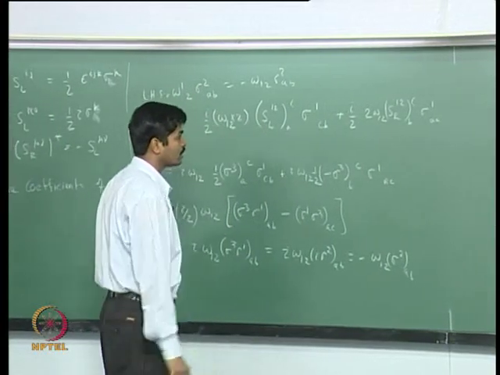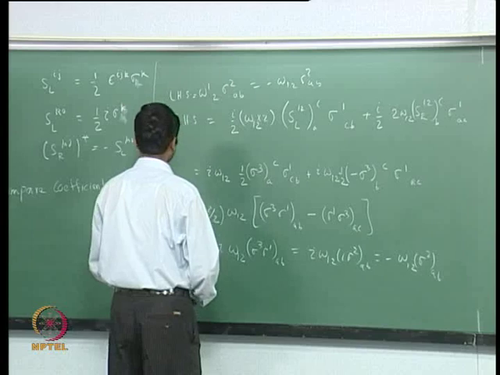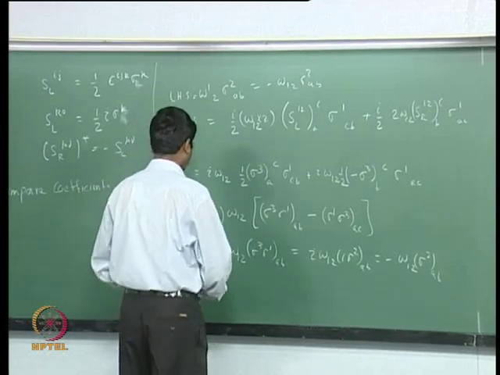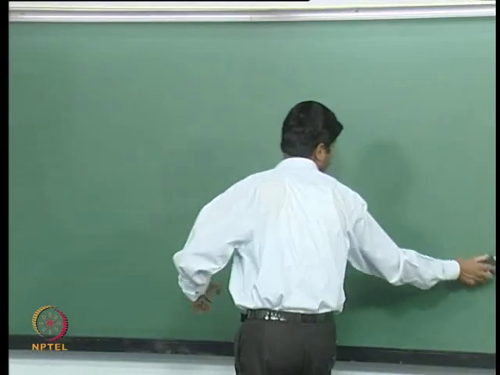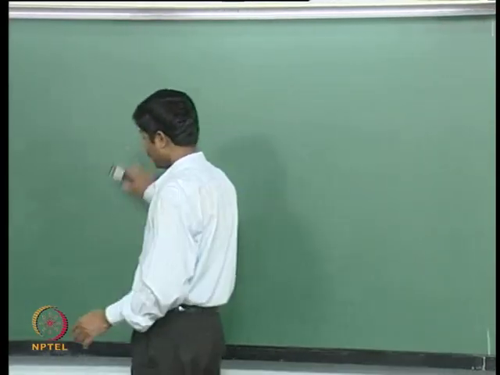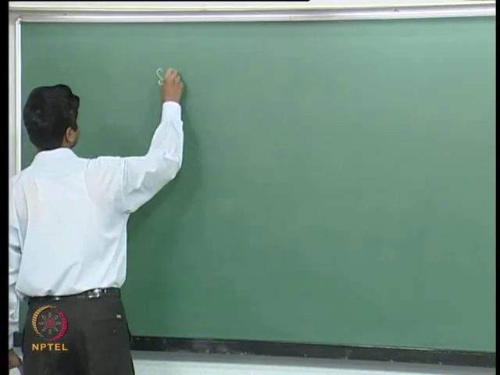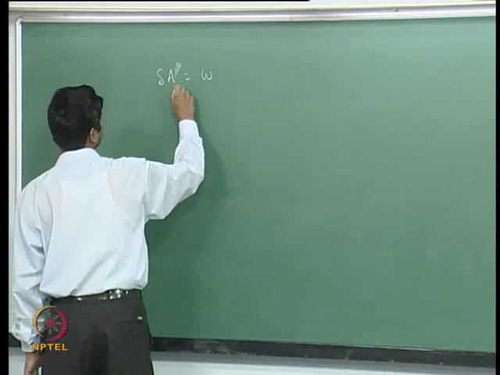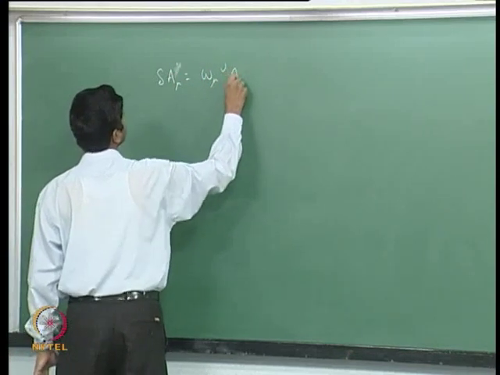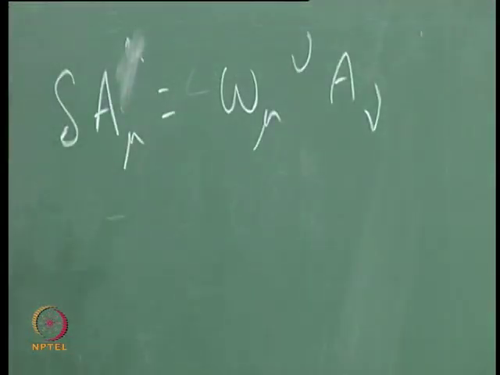So, what you get for the transformation rule here is that under infinitesimal transformation, the vector field transforms like delta A mu equal to omega mu nu A nu,